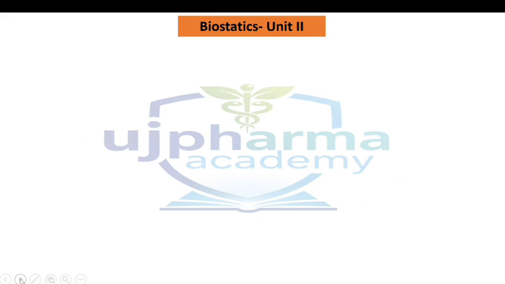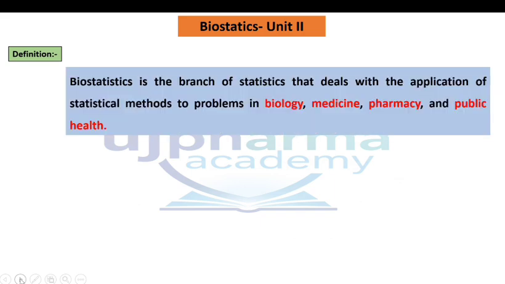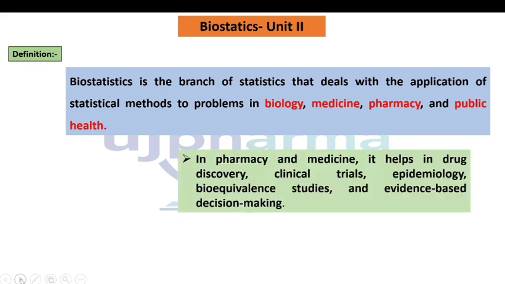So first of all we have to know the basics of biostatistics. The definition is: biostatistics is the branch of statistics that deals with the study of the application of statistical methods to problems in biology, medicines, pharmacy and public health. So what is the purpose? In pharmacy and medicines it helps in drug discovery, clinical trial, epidemiology, bioequivalence studies and